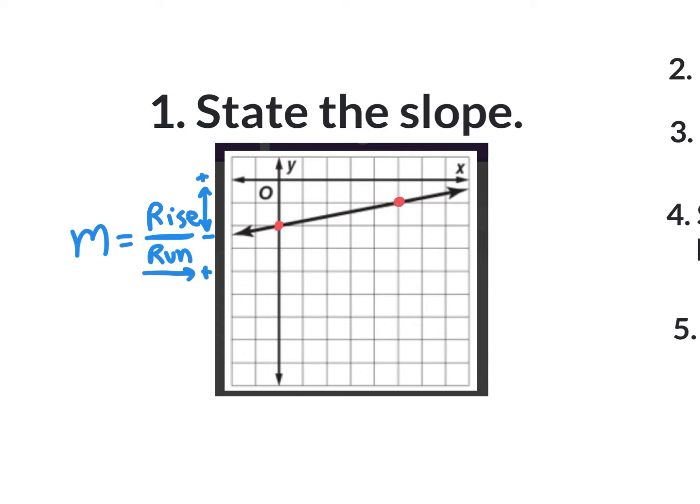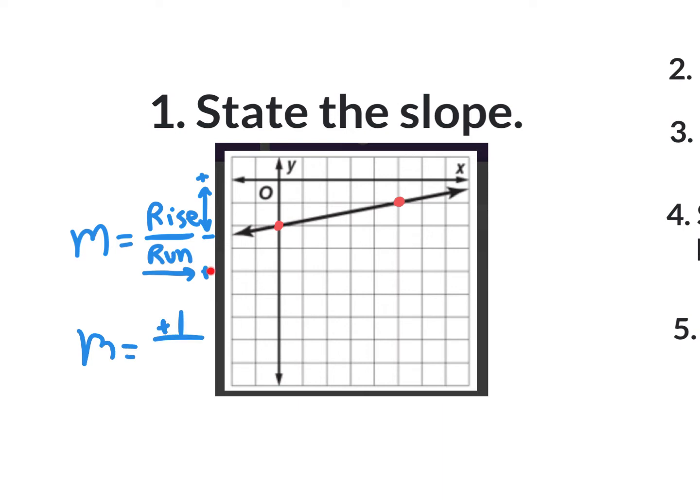Now, we don't have to do any algebra. All we have to do is count the rise, put it as a numerator, count the run, put it as a denominator. So from this red dot, from this nice coordinate to that nice coordinate, how much do you actually rise? You rise 1 unit. It's like altitude, right? How many units do you go up? It goes up 1 unit. So because you're going up, it's going to be a positive 1. So the slope is positive 1 over